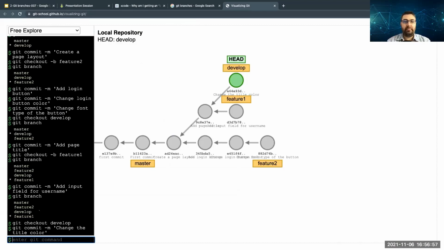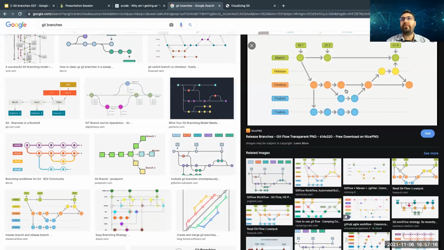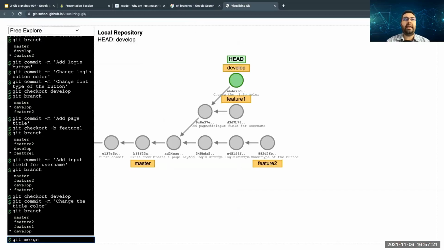Let's see, git branch. I am in the develop branch, this one. The next command I will run is git merge. You will git merge feature 1, so you will merge feature 1 onto develop. What you will say is git merge feature 1.